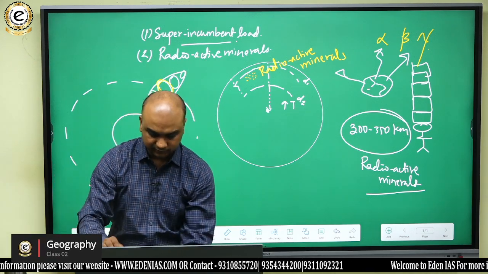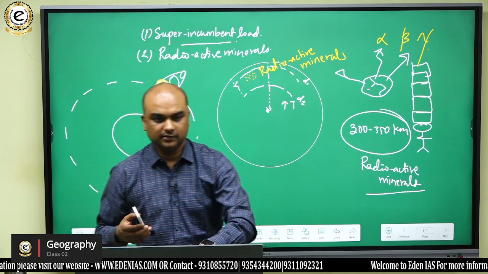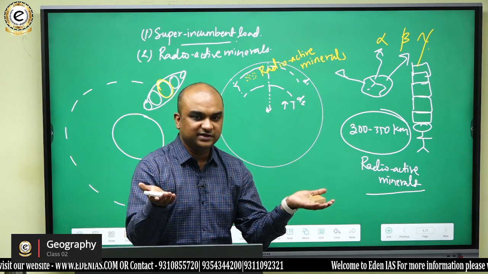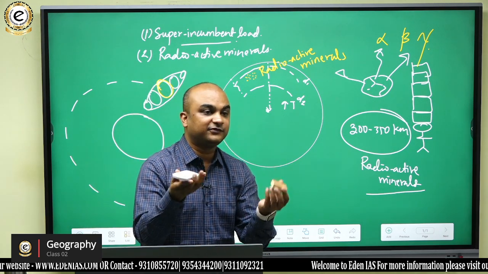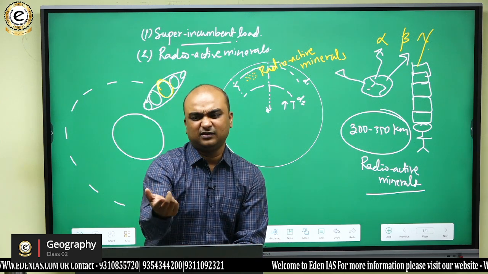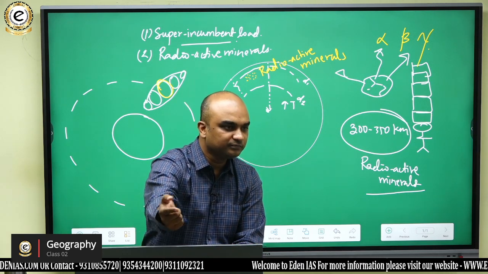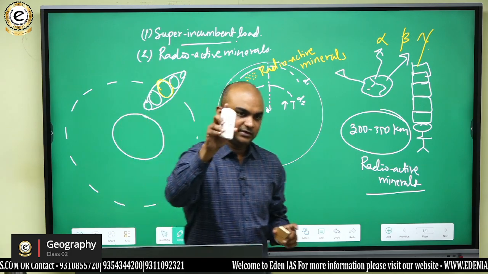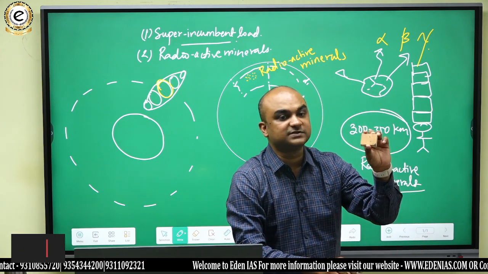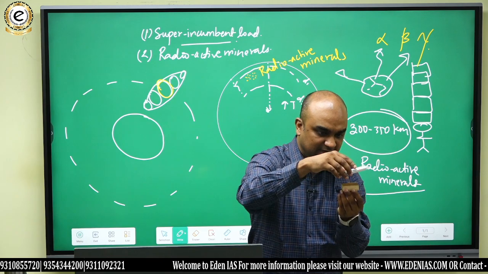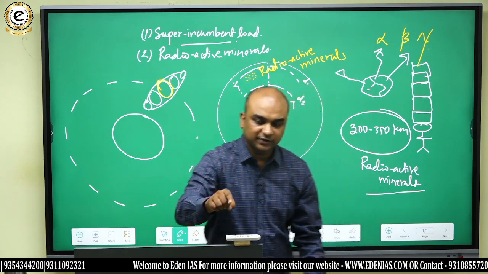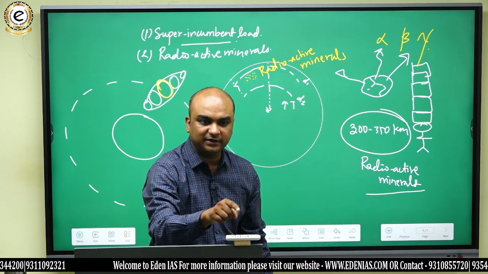अब यहां पर ध्यान से, suppose I have two objects. Got it? These two objects are of different densities. Different density means different weight, because density means what? Density is mass per unit volume. So look here. Suppose the weight of this remote control is more than the weight of this block, and I keep this over the block. The weight of the remote control is more than the block, and I've kept it over it.